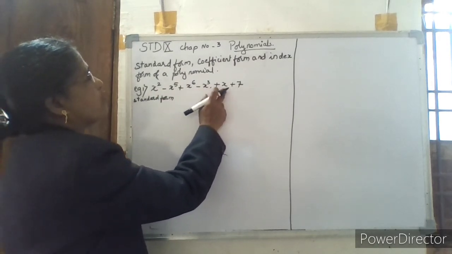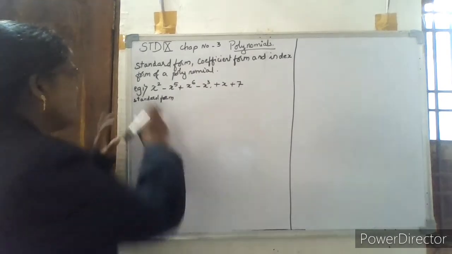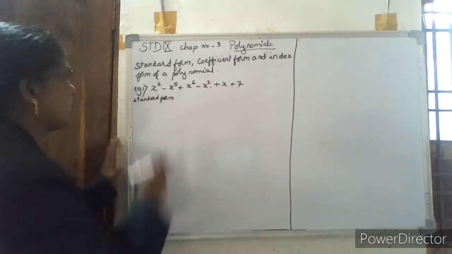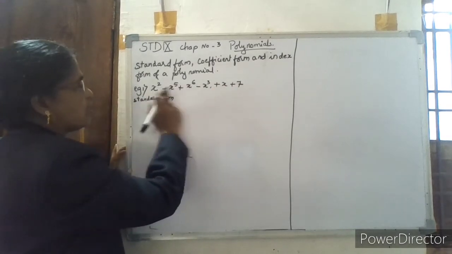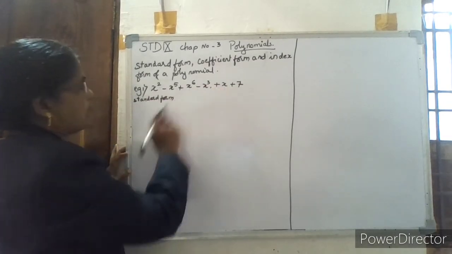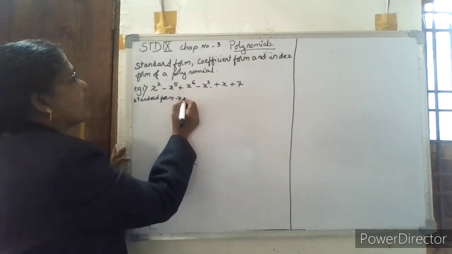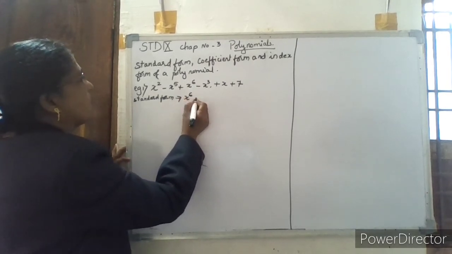This is the polynomial given. It is not arranged. So, in standard form we will arrange. This is a polynomial in one variable, and the highest power is 6. So its standard form will be like this: x raised to 6 minus x raised to 5,